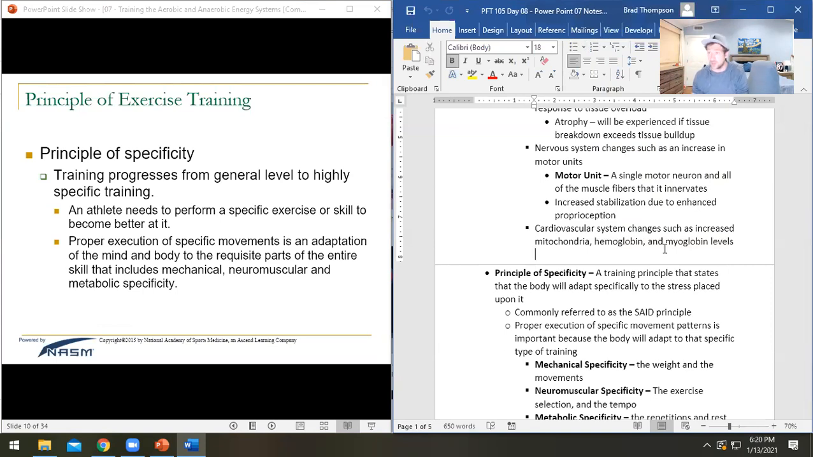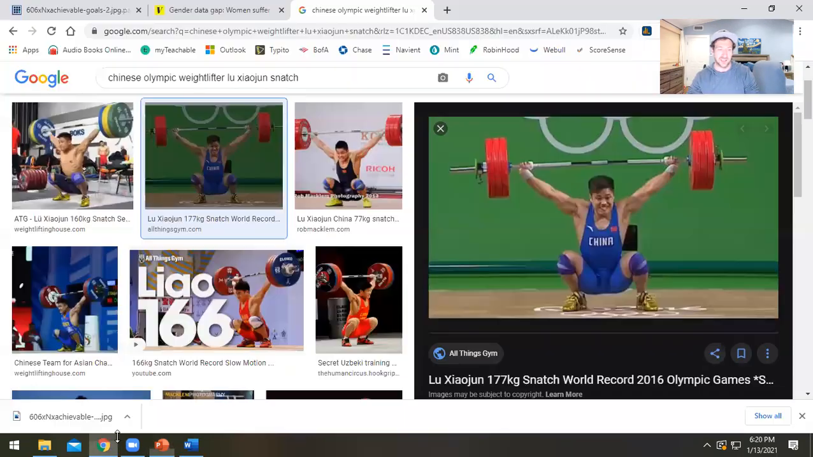And then there's also cardiovascular changes, right? By doing long endurance cardio, you develop more mitochondria, more hemoglobin, more myoglobin. Doing short, super explosive cardio results again in more motor units and larger muscle fibers, and we see a huge difference. I mean, look here,